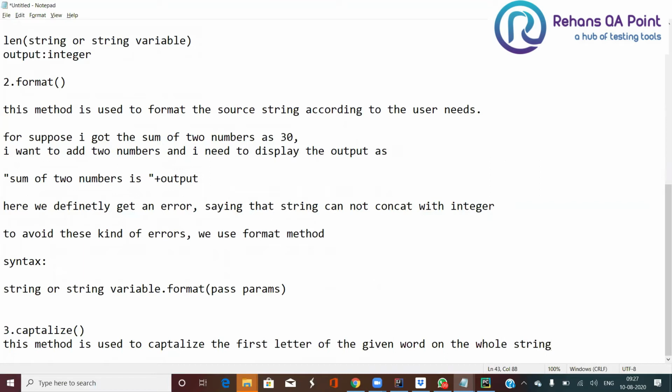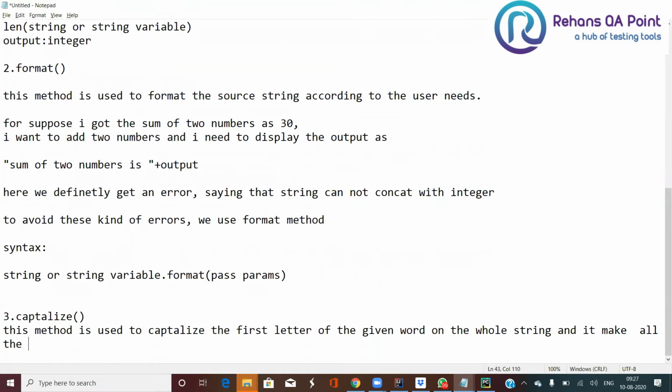See the behavior of this method, guys. It is going to capitalize the starting letter of the string, and it makes all other characters into smaller letters.